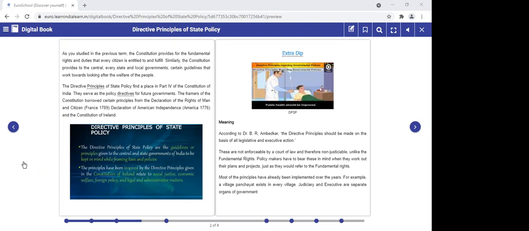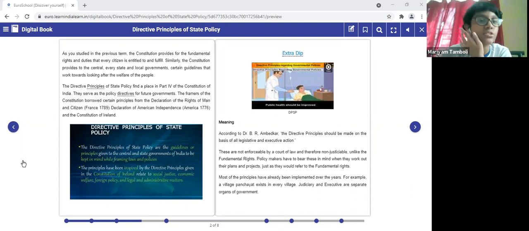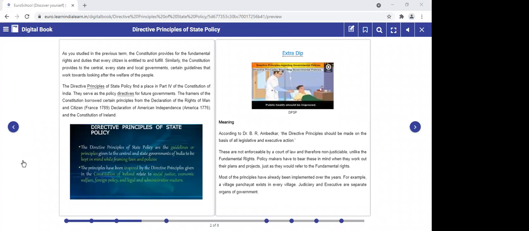Now, as you all know, when we were framing our Constitution, it was not wholly and solely made by us. We had borrowed certain things from different countries. In grade 8, you will study that while framing the Constitution, we took certain things from the US, from France, and Ireland as well. Including all these, we borrowed from there, and then we created our own Constitution. Got it?